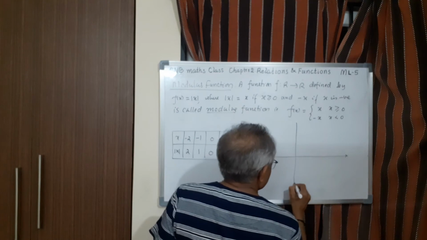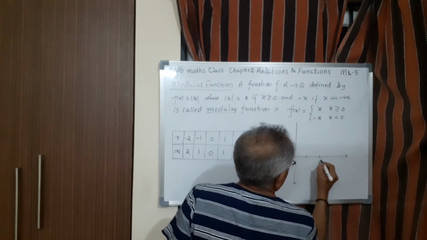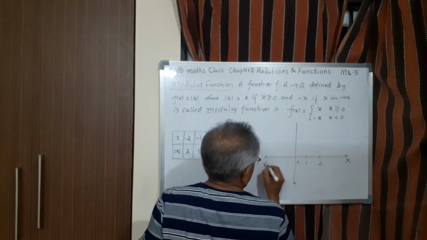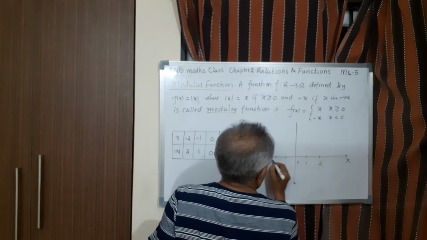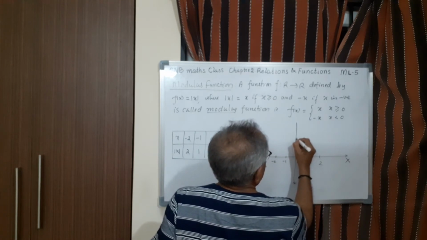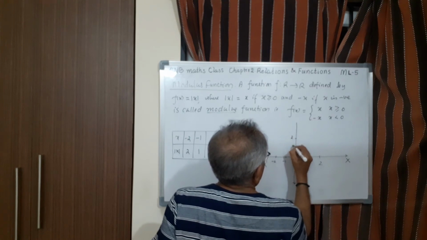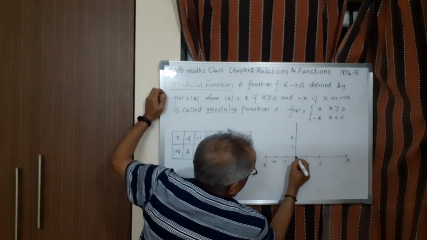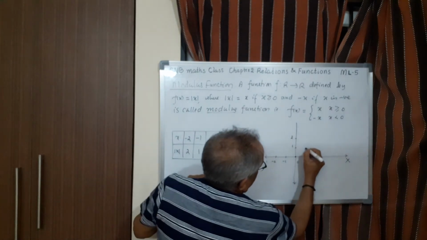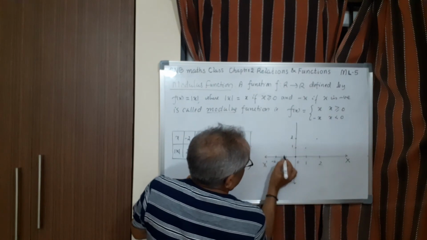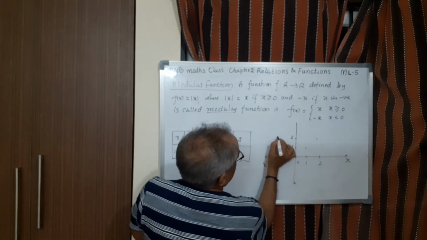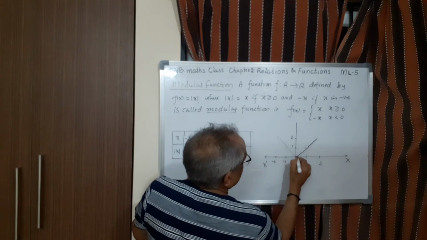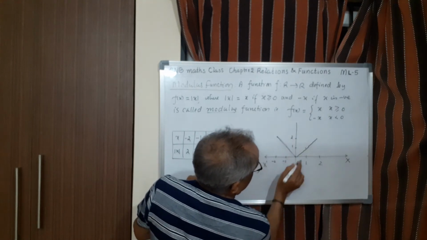See, this is 1 and 2, this is 0, x, x dash, then here minus 2, minus 1 and 1, 2, so 2 and 1. Let us locate the point 0, 0, the first point. Then for 1 it is 1 here, for 2 it is 2 here, for minus 1 it is 1 once again, and for minus 2 it is 2 once again. When you join like this, you get a V graph. Of course, the scale must be accurate, so you get exactly a V graph.